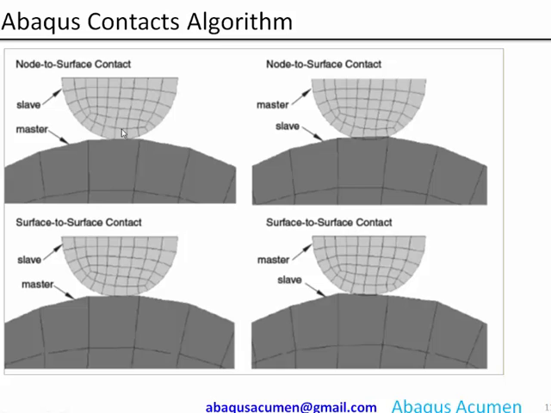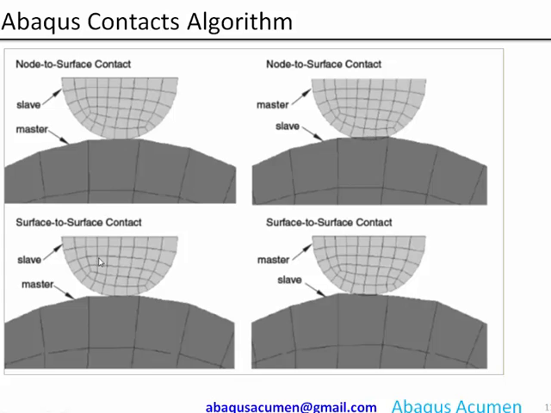Suppose this fine mesh sphere you make a master and the coarse mesh a slave. Since this fine mesh sphere is a master, its node penetration is not checked on a slave node. So you can see the same problem. Once you reverse the slave and master condition, you see a penetration, because it is a one-way contact.